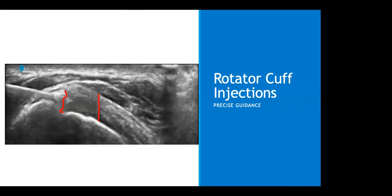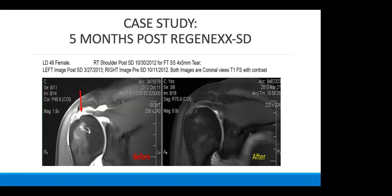You can see between the red lines is where the rotator cuff injury is actually occurring, and placing that needle directly into the tear in the rotator cuff itself, and placing those cells very directly into the area where compromise is occurring. If you look at post stem cell outcomes from rotator cuff tears, even complete rotator cuff tears, on